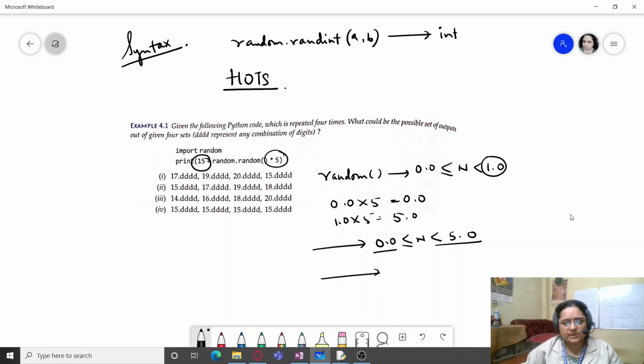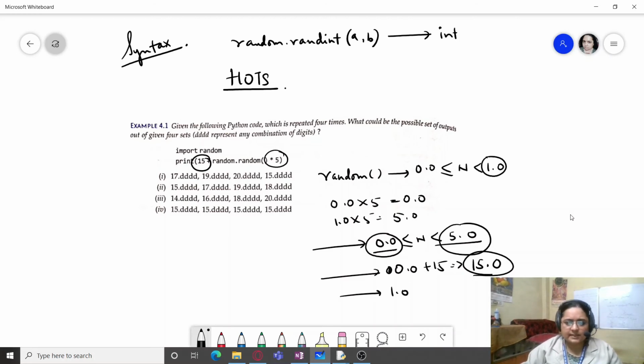Why am I taking the range? Because any random number means any number can be generated randomly. So minimum the value will be this and maximum the value will be this. Now if 15 is added to 0.0, what will happen? It will be 0.0 plus 15, where the lower limit will be 15.